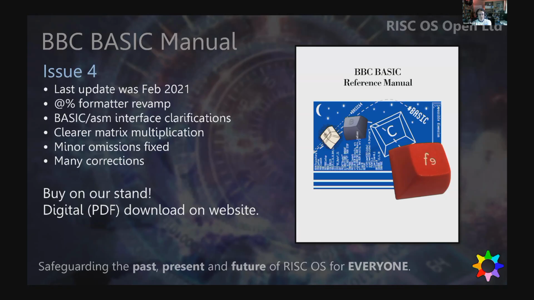Lots of errata and bugs fixed in the manual, which is an indication that these projects deliver something useful even as they're happening, not necessarily when they get to completion. And this BASIC work is a perfect example of how we think the moonshots can work, in that we're doing some work that's going to help 64-bit RISC OS, but the outcome is something that works on 32-bit RISC OS as well. You get the benefit of the new BASIC on RISC OS now. You don't have to wait for a 64-bit RISC OS to get the new BASIC. So that's the nature of how we want to implement these bits of moonshot steps.